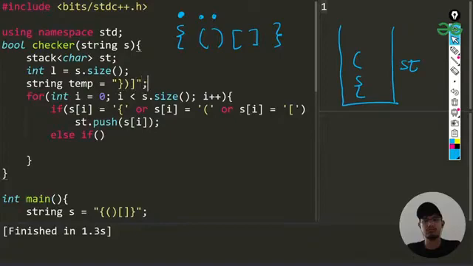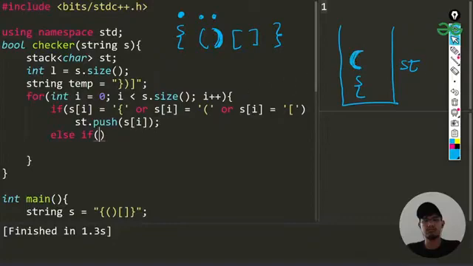This is just a temporary string which I created. Now my approach is this: whenever I am dealing with closing brackets, I'll be seeing whether that type of bracket is present in this or not. So basically that is my approach.